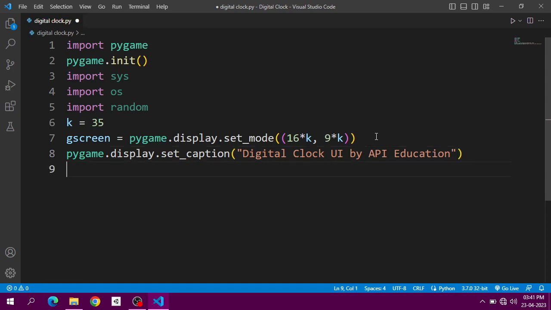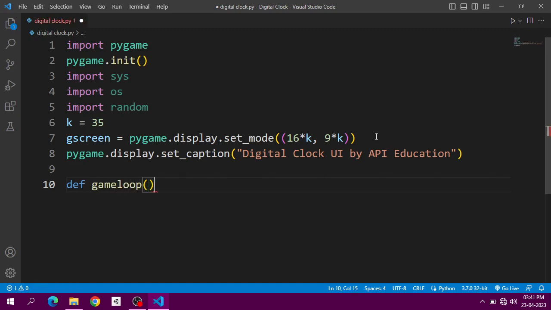Yeah, so we are all set. Our screen is created, but it will lag right now. First of all, it will crash because it has nothing to do right now. We have just created the screen, and since it has nothing to do, it will crash if we execute this file right now. To avoid this crash, we will create a function game loop,